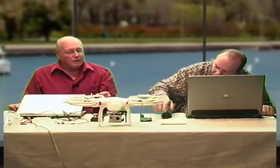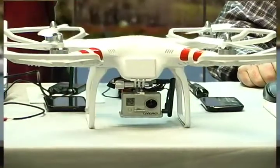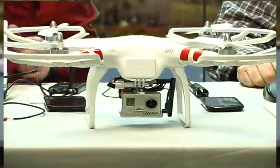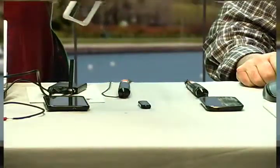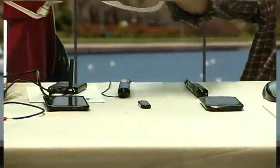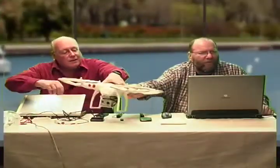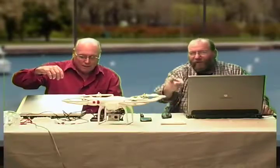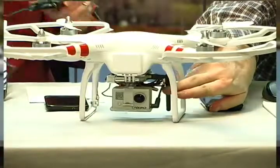But your GoPro camera has a video out. Has a video out, okay. That is correct. So what happens is, you have a video out, and it takes the video out, which is the connector here. You got a close up on this one over here? Oh, all right. And so then it goes to...